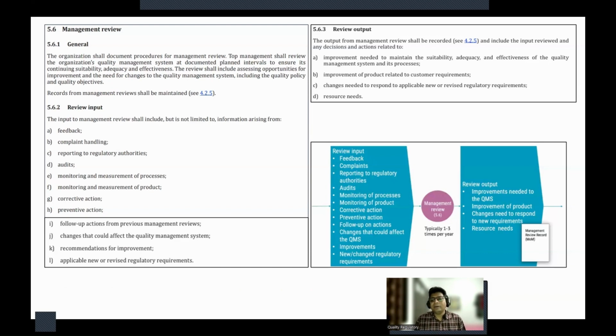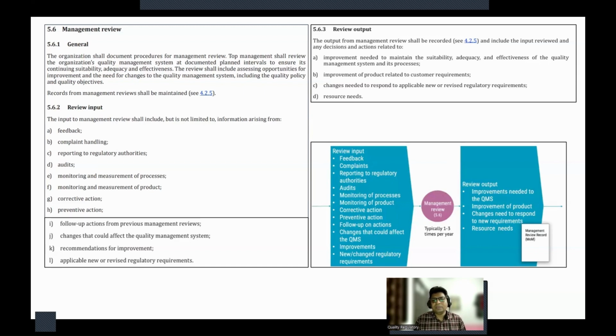Okay. Once the management MOM or management review report is prepared, circulate it to all. Okay. Take out, prepare the actions. So what are the actions, and how will they be executed? Define the timelines. Assign the responsibility, and then in the next review, track them. Monitor whether it is implemented or not. Okay, what are the challenges, issues? So all those things should be reviewed in the management review. That's how we can say that management review is effective.